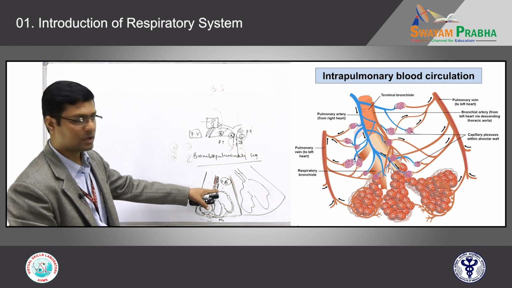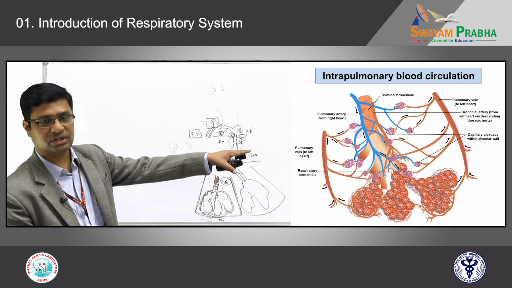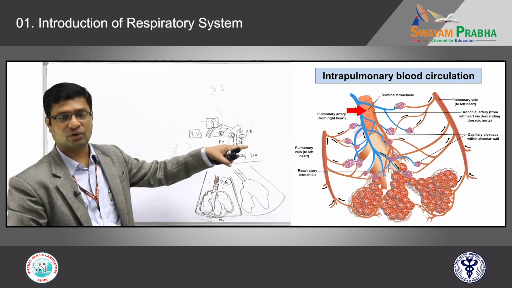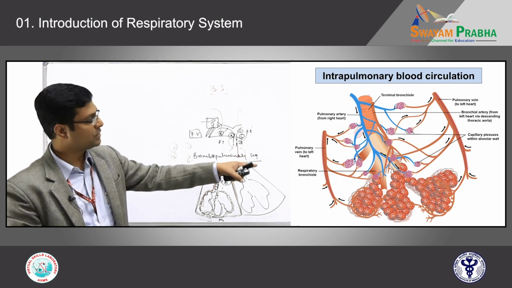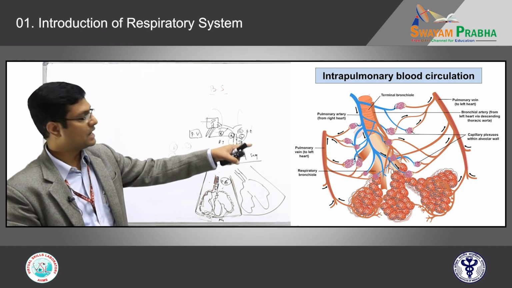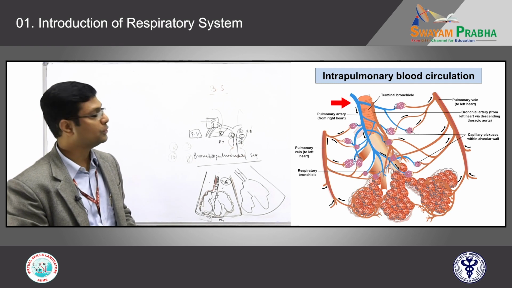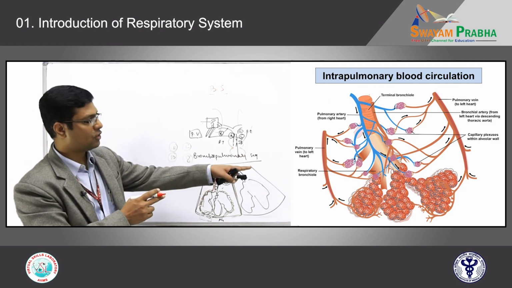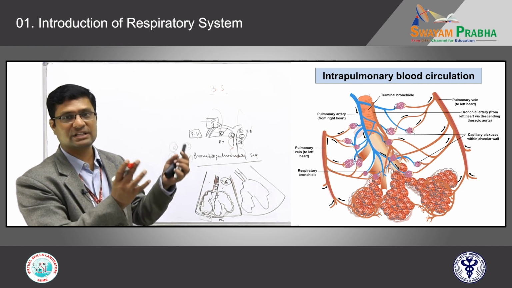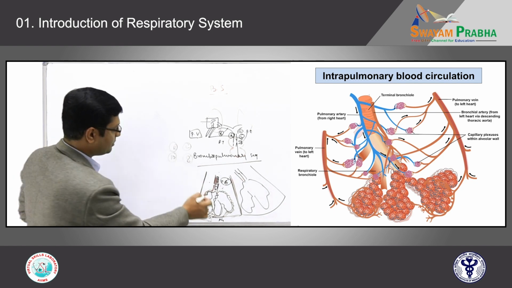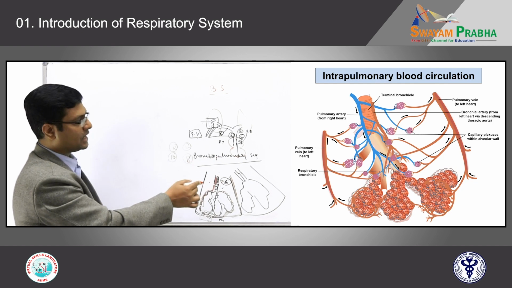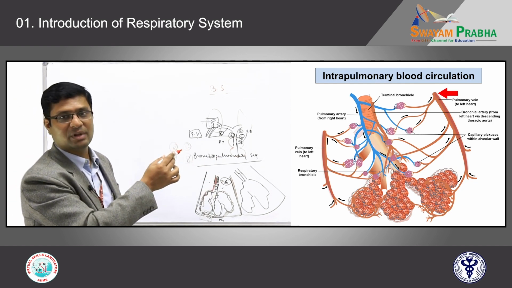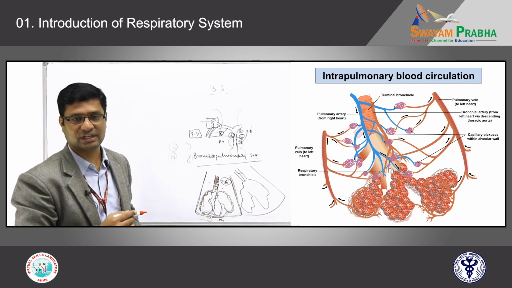I told you about bronchopulmonary segments, and the same picture is shown there as a schematic diagram. You can see the terminal bronchiole, how it is branching into the respiratory bronchiolar units, and each is associated with the blue colored pulmonary artery, which contains deoxygenated blood. See how the plexus is formed around each alveolus. Once the plexus is formed, it is drained separately into a red colored vessel called the pulmonary vein, which contains oxygenated blood.